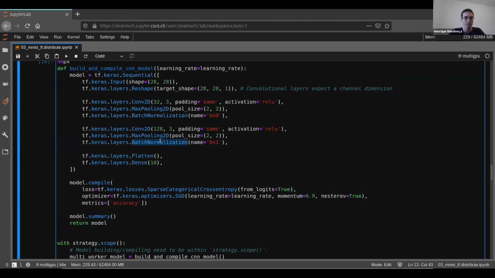By the way, how many of you are familiar with batch normalization? I'll put it in Slack actually. Have you used